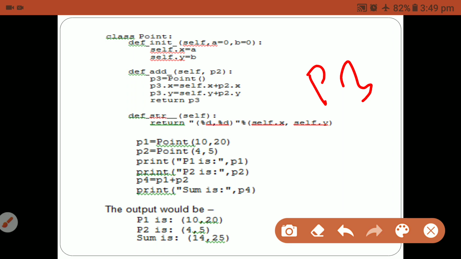After storing p3.x and p3.y, the object p3 will be returned. After returning the object, it will be received by p4. Okay, p4, then it will print nothing, but this is containing the operator overloading.